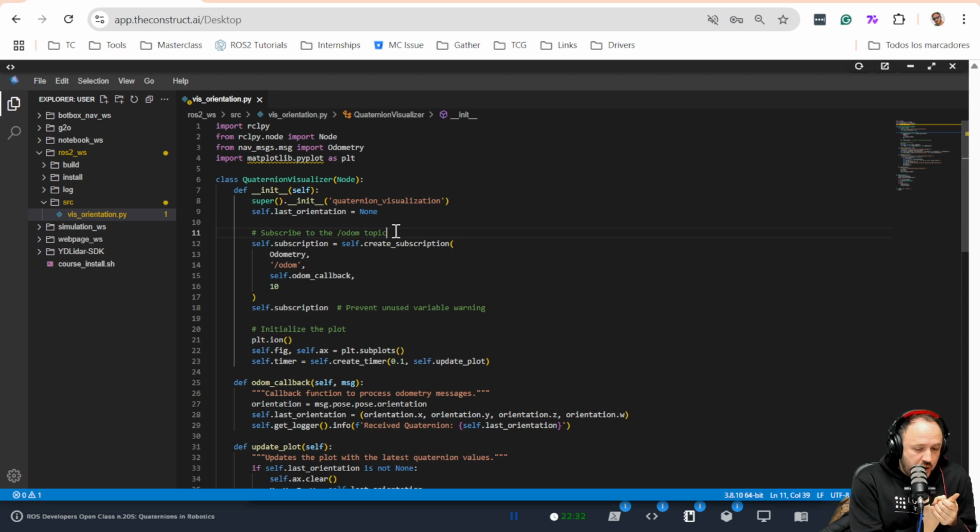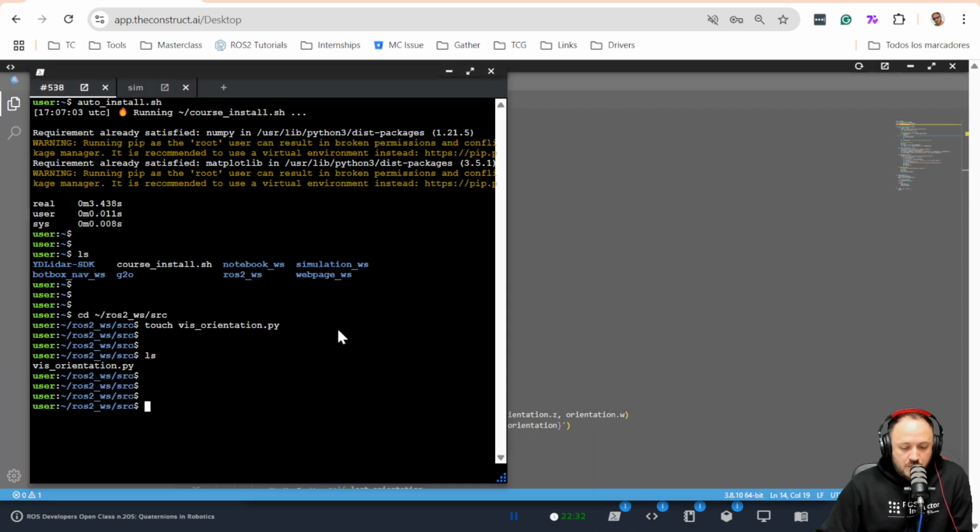The position is tracked in a regular XYZ. And the orientation is tracked using quaternions. So we can, for example, have a look at this odometry message, which is the message used in the ODOM topic. For example, I can do ROS2